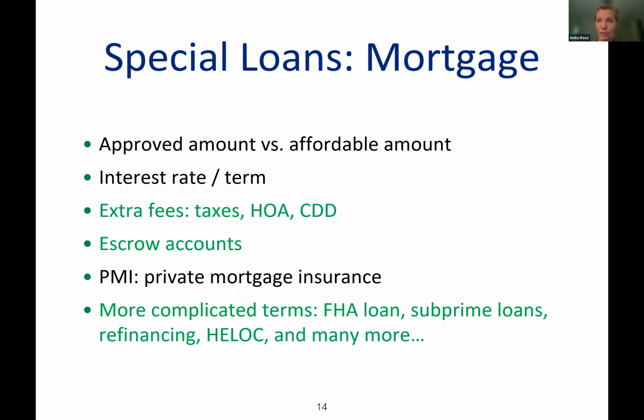There are subprime loans, where if people have poor credit, there are these very high interest rate loans that can be obtained. But the interest rate's very high, and sometimes they have prepayment penalties as well. If you decide, "Now I've reestablished my credit, it's good now, I want to refinance and get another loan," they sock you with a fee because you have a prepayment penalty. You paid it off before the end of the term.